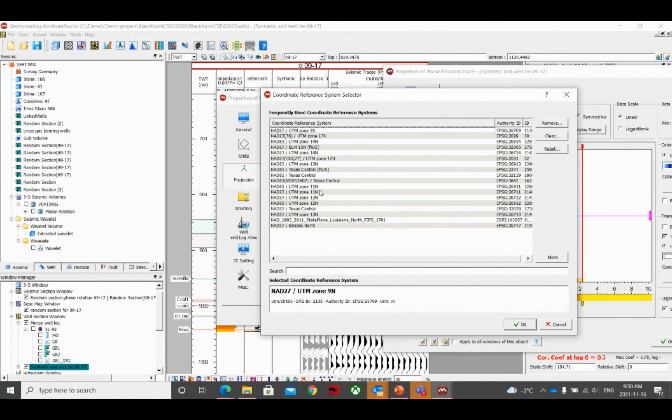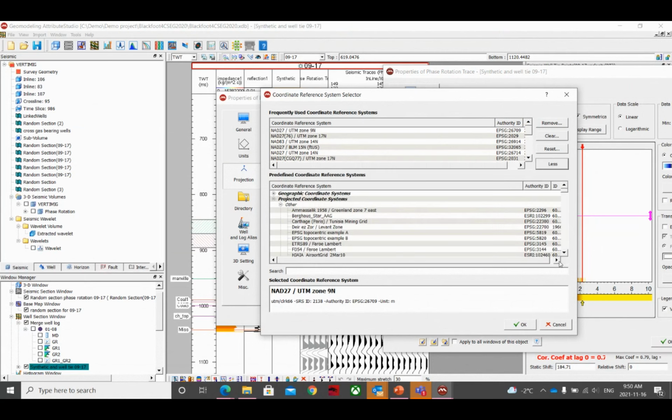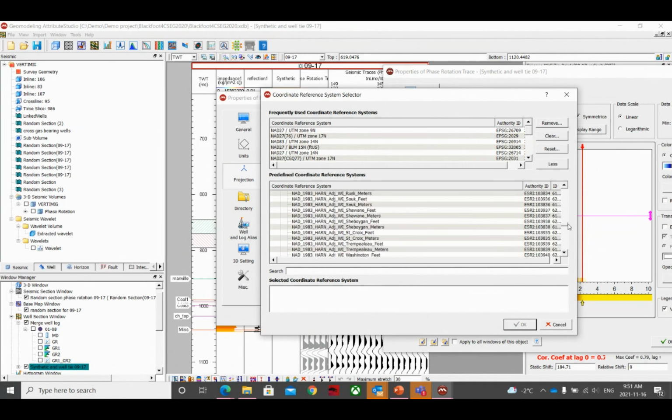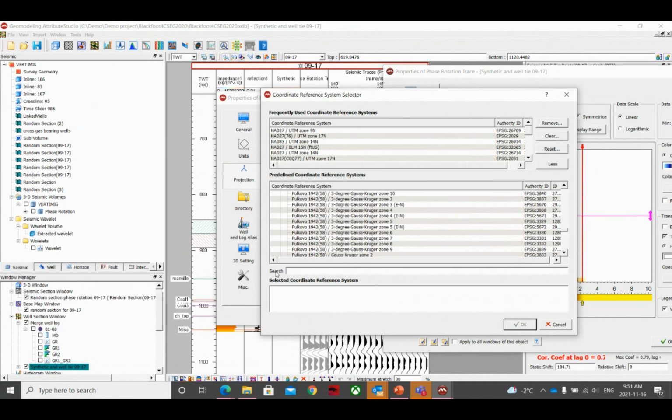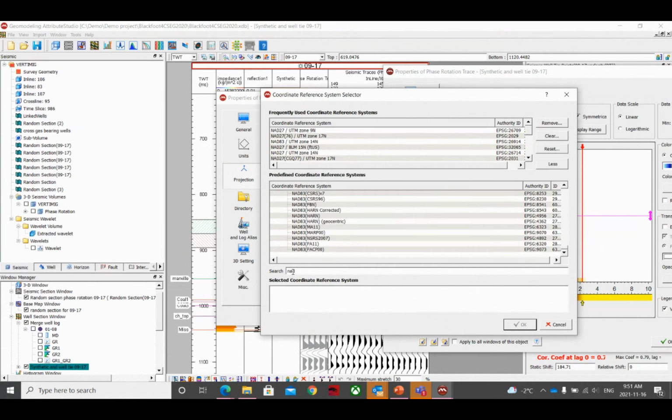Or if you want to find more projections other than this, you can select this More button, and then it will open another list called Predefined Coordinate Reference Systems. So this includes all the projections, and you can find the one you want from here, or you can use this search feature. You can type some keywords